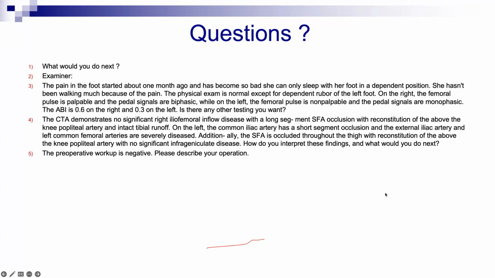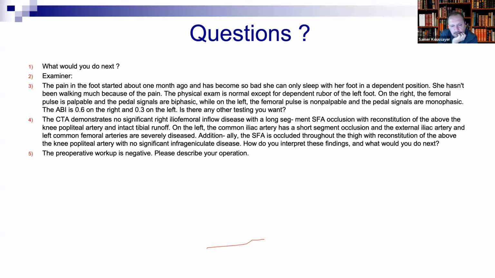Then traverse the wire retrograde to reach the aorta after crossing the lesions. How do you know you're in the aorta? How do you know your distal point? Because if you do an angiogram from below, you don't see the aorta. So how are you going to see the aorta to know this is the end of it?